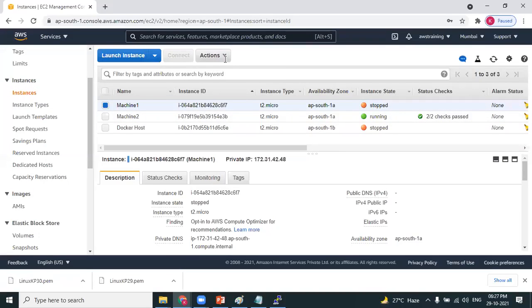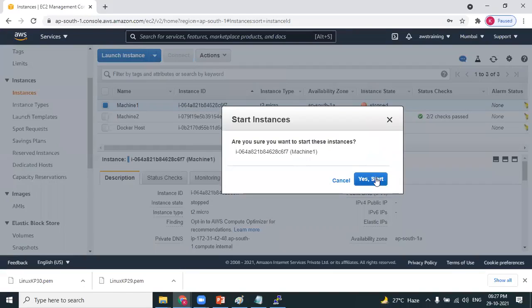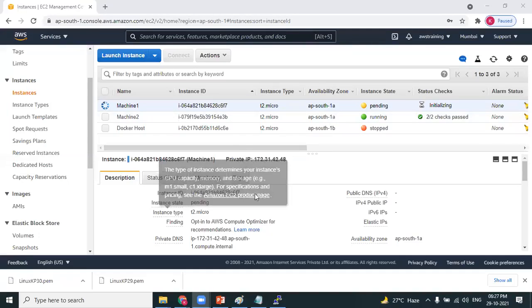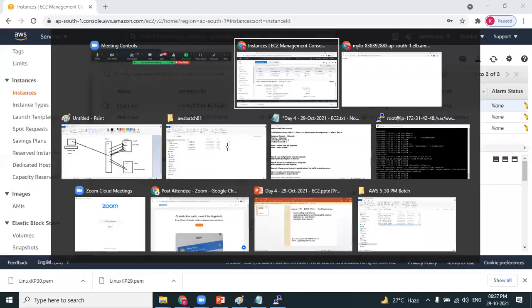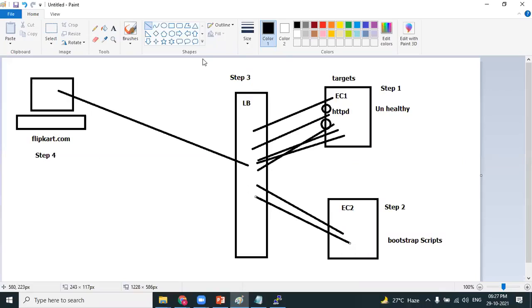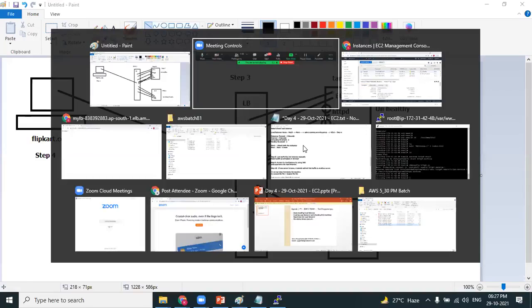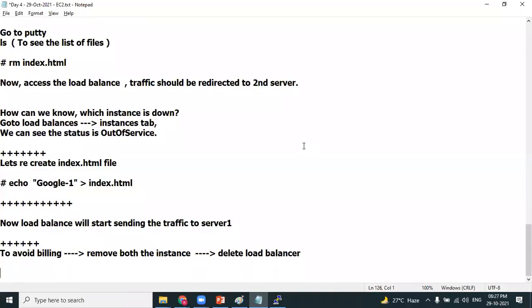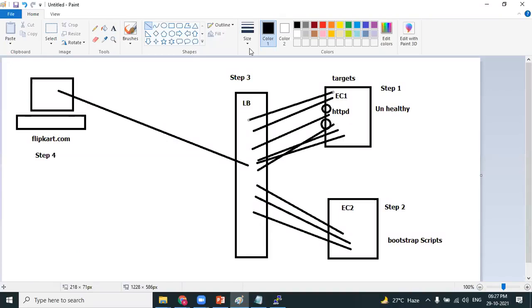It will take some time. So that's the beauty of the load balancer. When I start the EC2 machine, it will take some time, and then the load balancer, every 5 seconds, will send the ping request. When the EC2 machine is perfectly working, again you get the responses. When it declares it healthy again, the load balancer will distribute traffic to it. So that's the beauty of the load balancer. It behaves perfectly, and you can avoid downtime.